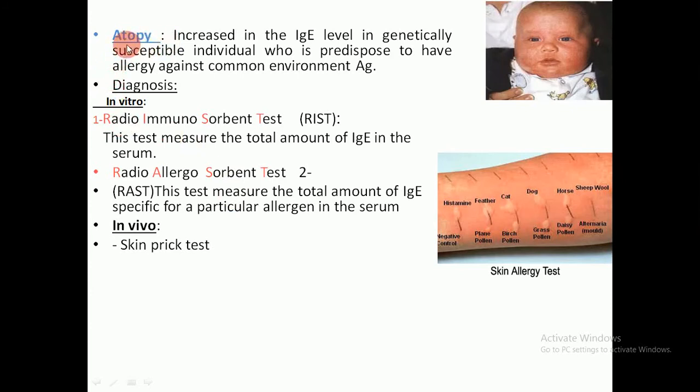Now we return to what an atopic person is. What do we mean by atopy? Atopy can be defined as an increase in the IgE level in a genetically susceptible individual who is predisposed to have allergy against common environmental entities. So atopy means an increase in the IgE level in genetically susceptible individuals. So the genetic factor is an important factor that leads to atopy. Here, like this baby with atopic dermatitis